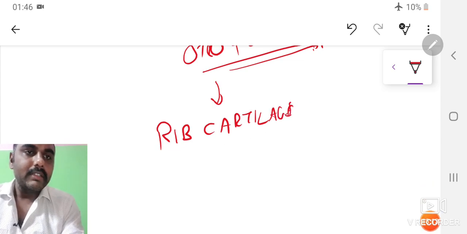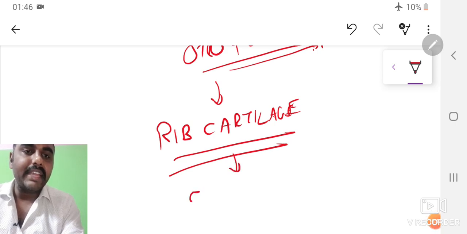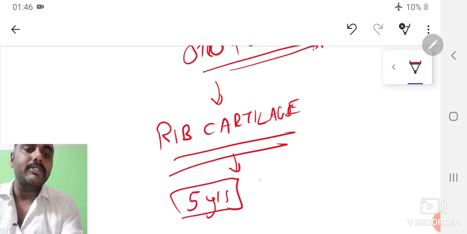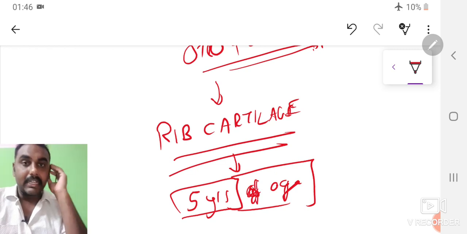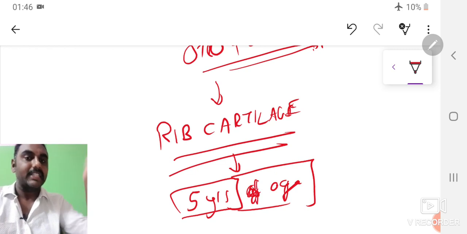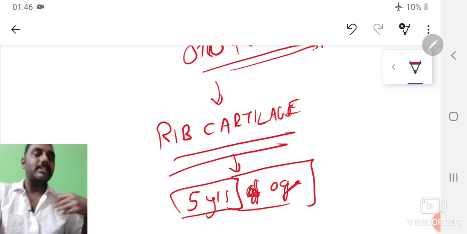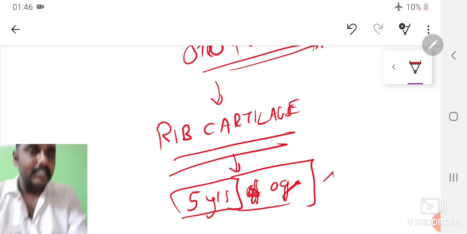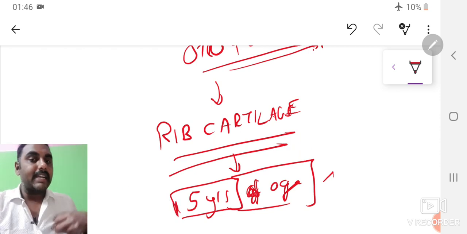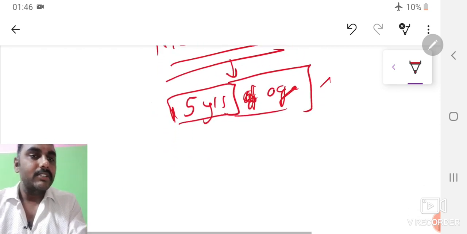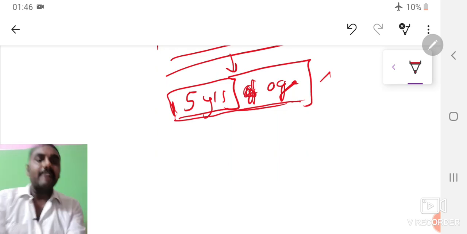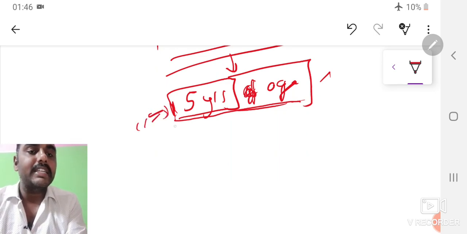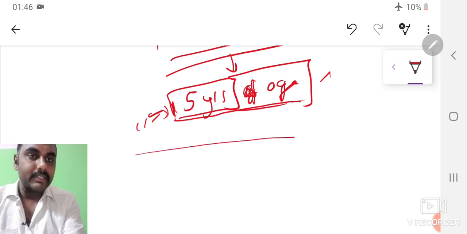and usually for a pinna reconstruction we need to wait till it attains the mature size, that is till 5 years of age. It is not usually done immediately following birth. We need to wait till 5 years of age until the opposite side pinna attains its full maturity, and then we align it according to the size of the normal pinna. There are various techniques with it. So not to go in much depth, we will put it on another slide. So we will harvest a piece of rib cartilage, and at what age is it done? It is done after 5 years of age.